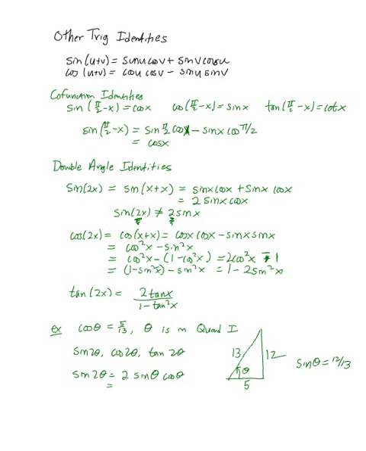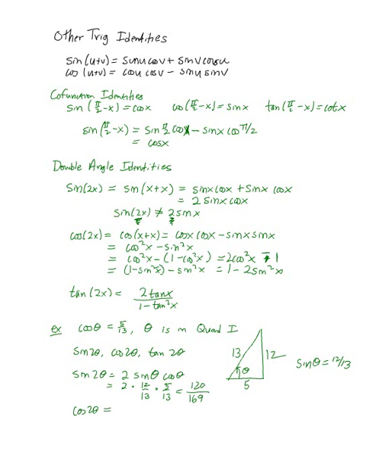All right, so I'm all set here. That's 2 times 12/13 times 5/13. So let's see, that's 169 on bottom. And on top, 12 times 5 is 60. 60 times 2 is 120. So you get 120 over 169. All right, to find cosine of 2 theta,